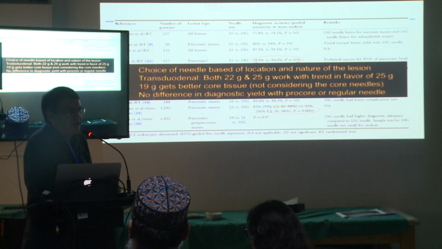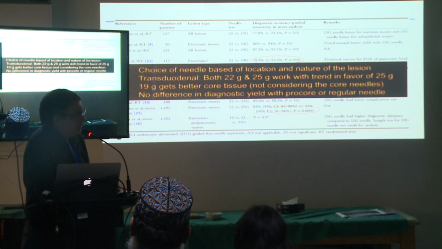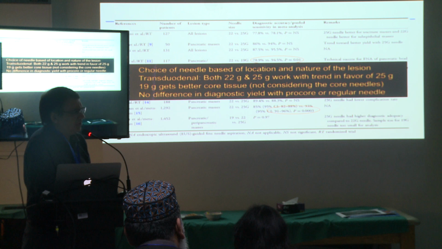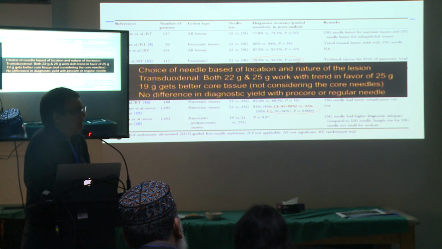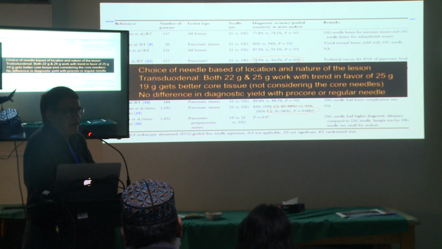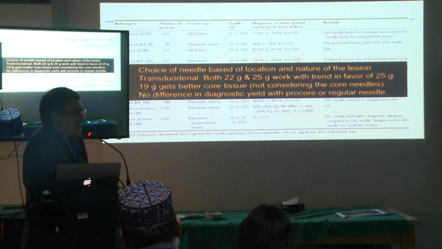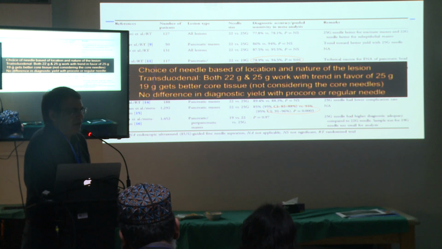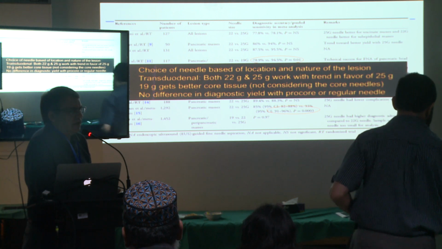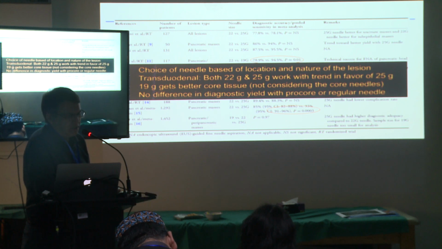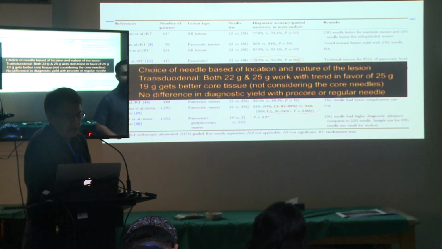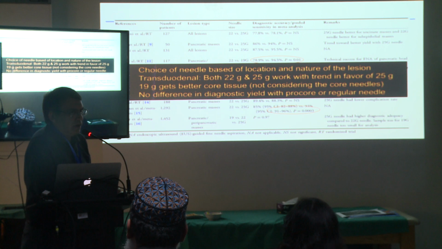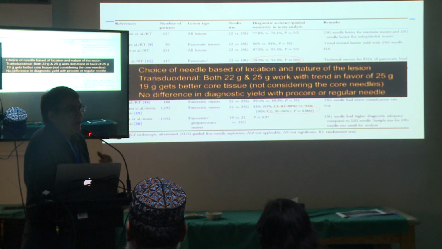But mostly, I think everybody is moving towards the FNB needle. I don't know what your practice is, but pretty much everywhere now we have all the companies except Cook. I think they have a Procore, but they call it kind of a core needle. I think the other needles are getting some better core tissue, especially the Medtronic needle and the Charcot needle, then this Boston acquired needle. So I think we have completely, almost, except me,